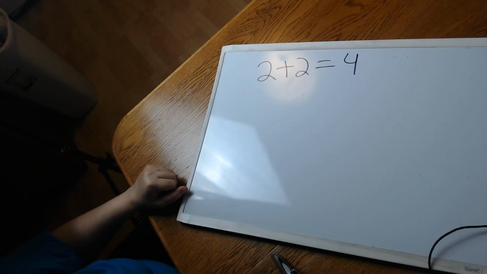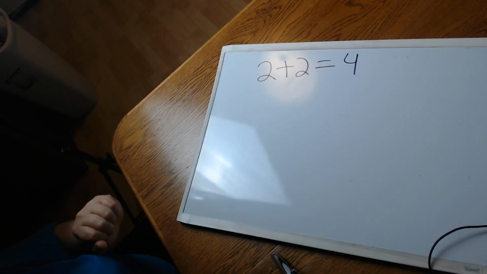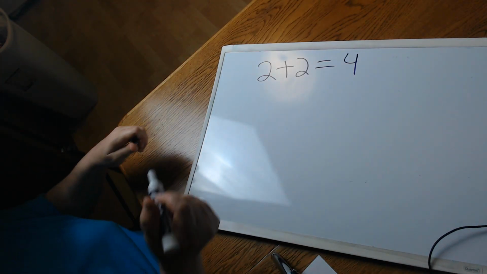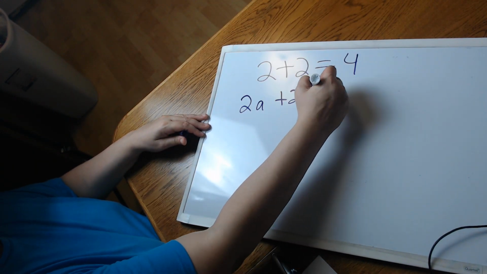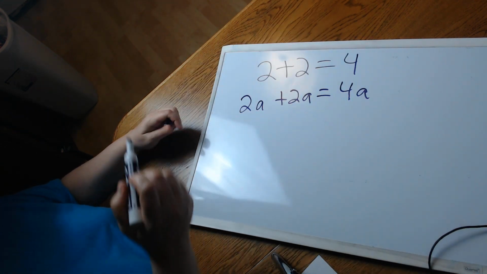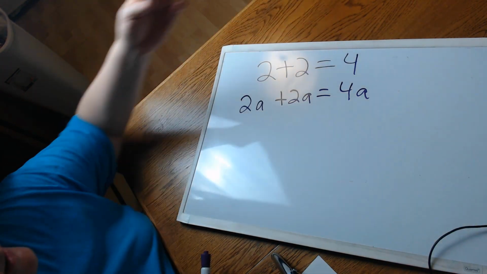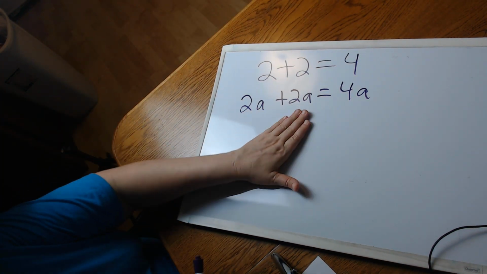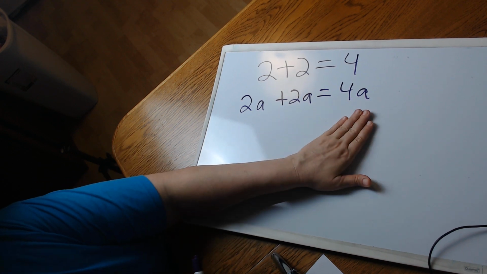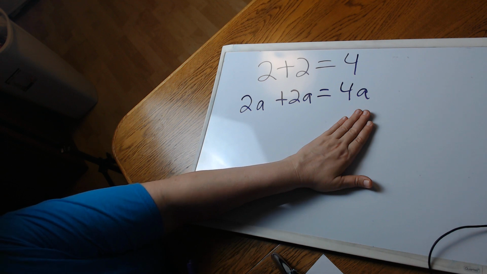Okay, so if we were to add variables in there, we could say 2a plus 2a equals 4a. So when I said 2 markers plus 2 markers equals 4 markers, it's the same thing as saying 2a plus 2a equals 4a. Okay? But